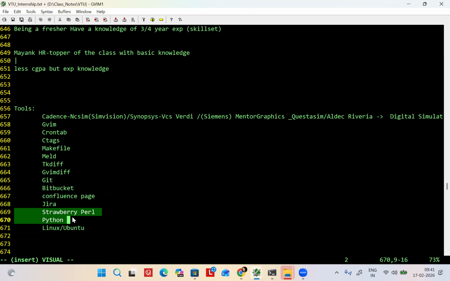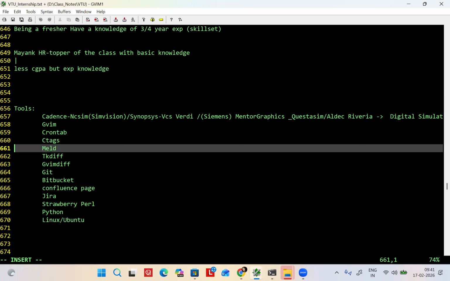These are for what? Perl is one language. Python is only one language. For Perl, you will use Perl tool. For Python, you will use what? Python tool. And makefile.